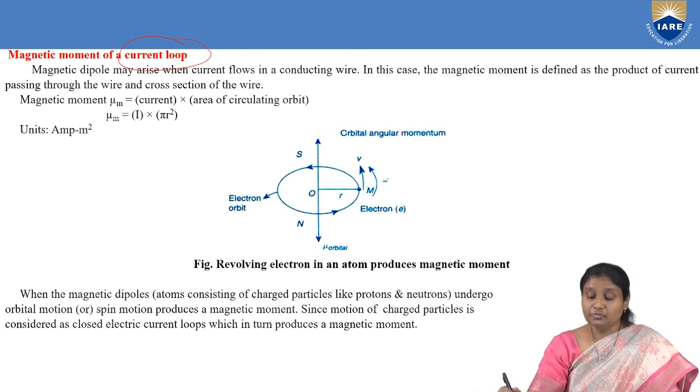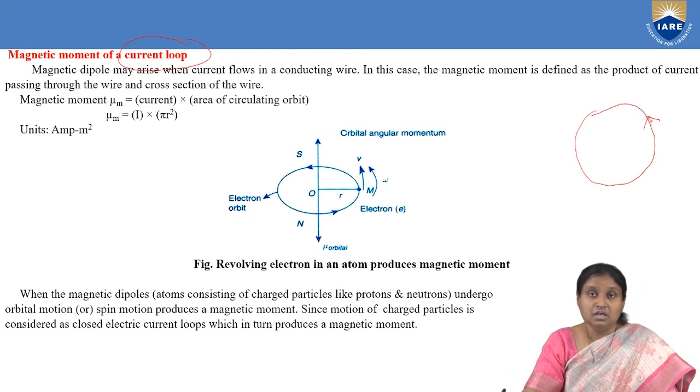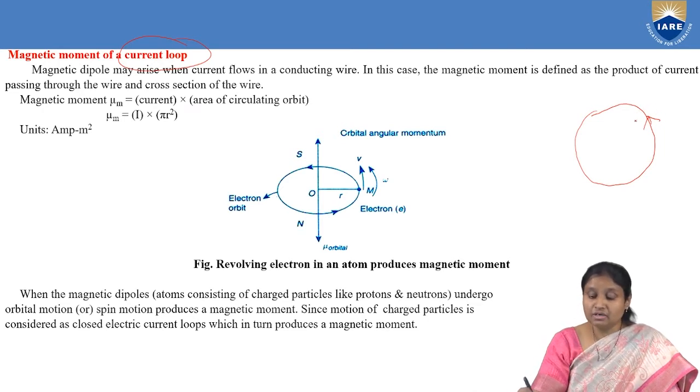And what is a current loop? Where we take a circular coil of wire, and through this circular coil of wire we have flow of electrons. So when we make current flow along a circular coil of wire, what we observe is that a magnetic field is produced in a direction perpendicular to the direction of flow of current. So when we have such a current loop, suppose current is flowing in this direction, perpendicular to the flow of current we have magnetic field arising.